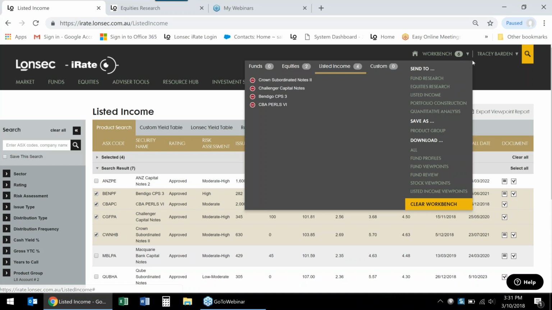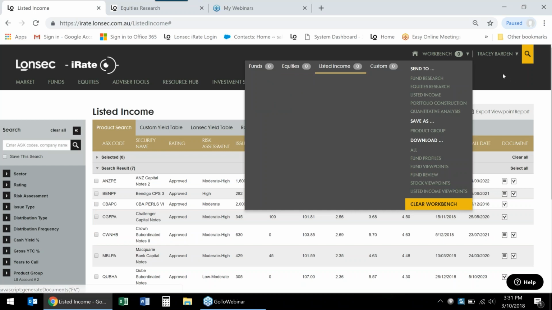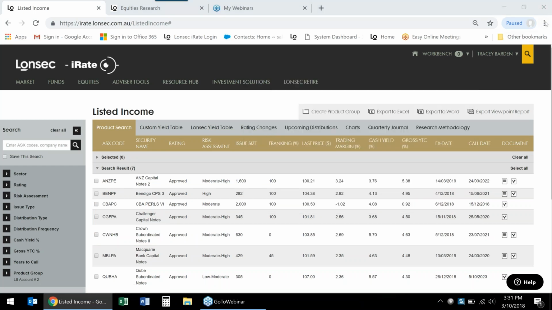So it's just a quick way of using the workbench of what you've ticked, and you can also add in funds as well. And again, you can use these features to save a product group with those 6, or you can download your stock viewpoint for your equities and your listed income viewpoint for your hybrids. And always remember just to clear your workbench as well.